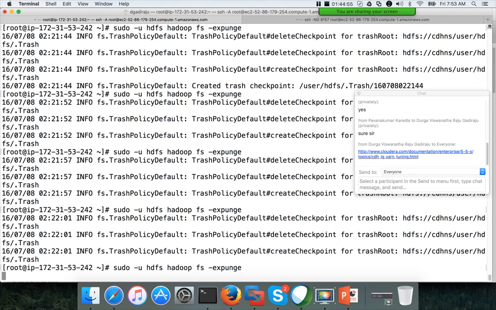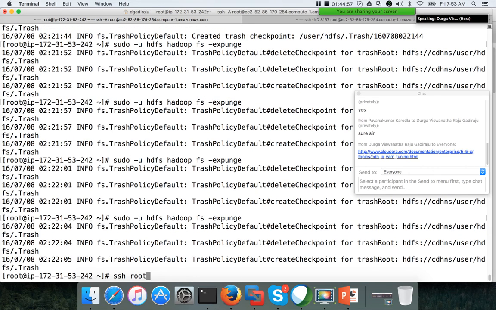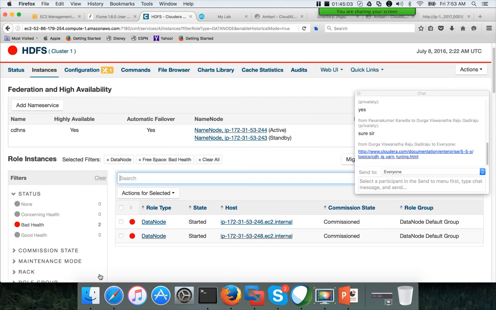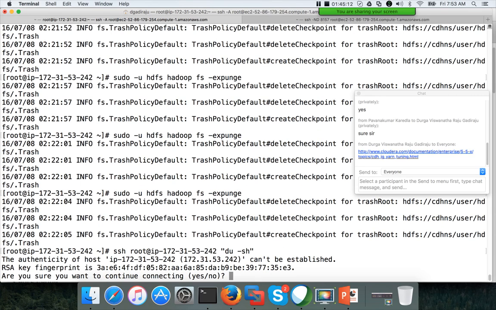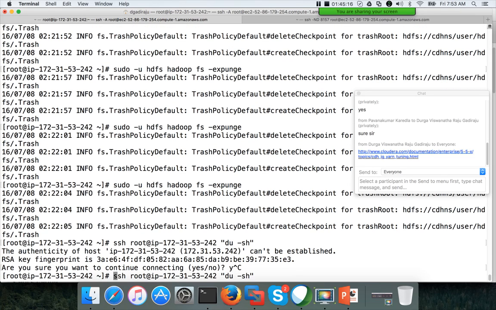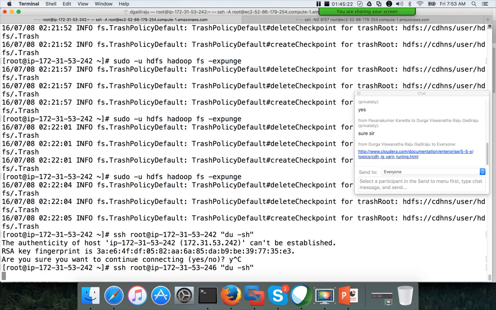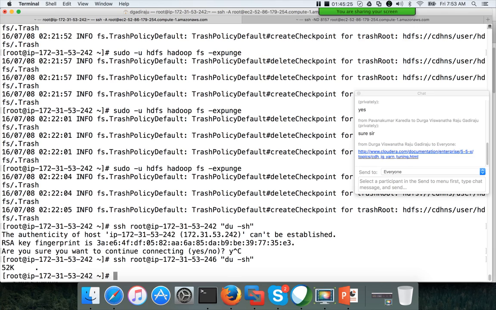Now let me connect to 245 or 246. What is the host name I should connect to? It should be 246. I am connecting to 242. Now it is 52K.